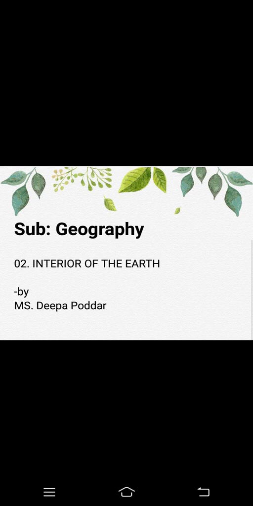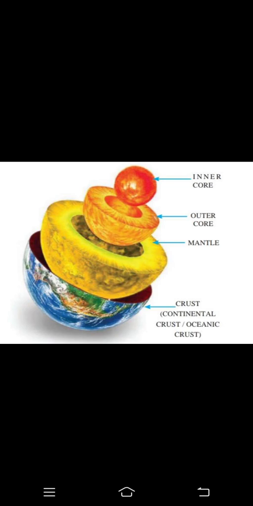Before we start with the chapter, Interior of Earth, do you know how the earth is made? Any idea? Let me show you a picture which will give you an idea about it. Here is a picture of our earth and what is inside of it. The very core thing is called the inner core. Then we have the outer core, and then the mantle. The last, the upper surface that we see from the outside, is called the crust.